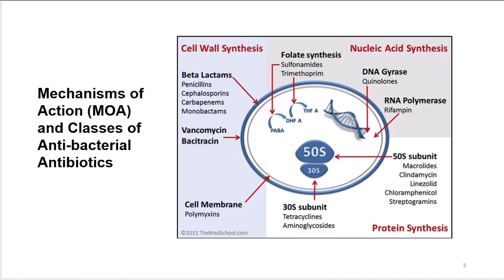As far as mechanisms of action for drugs, we have the quinolones, which act on DNA gyrase. RNA polymerase is targeted by the rifamycins, rifampin. Then we have those which have to do with protein synthesis. And remember, on the ribosomes for bacteria, there's a smaller sedimentation, the 30S, and there's a 50S. Some drugs will target the 30S, and others will bind to the 50S. Then we have drugs that